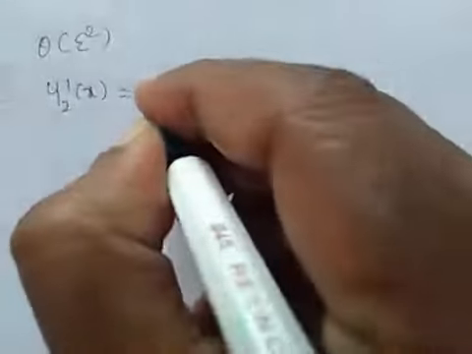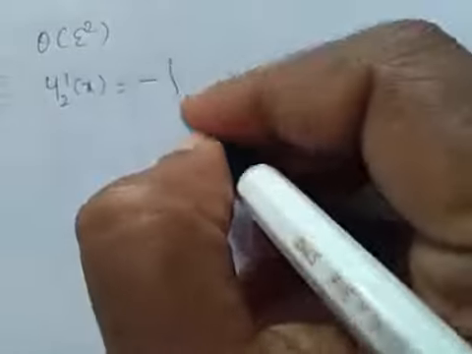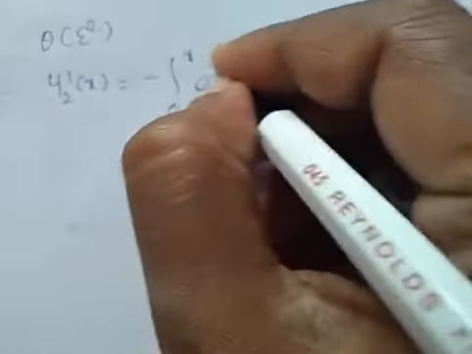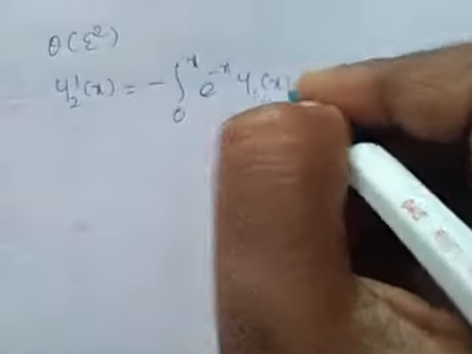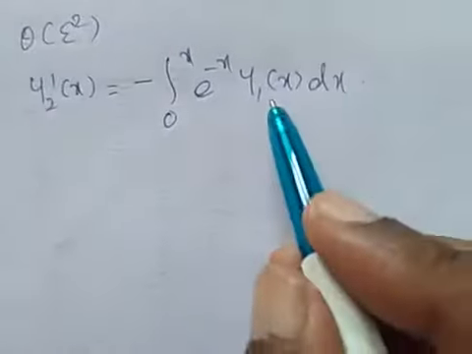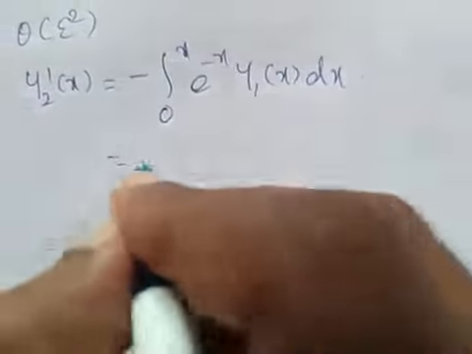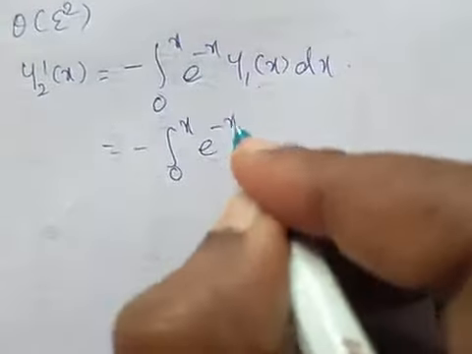So when we equate the coefficient of epsilon square, we have y2 dash of x is equal to minus integral from 0 to x of e power minus x y1 of x dx. Substitute the value of y1 of x, we have e power minus x